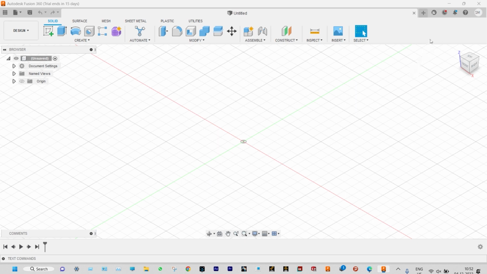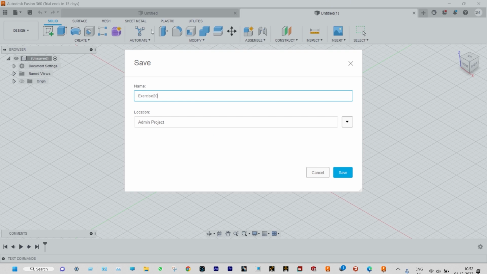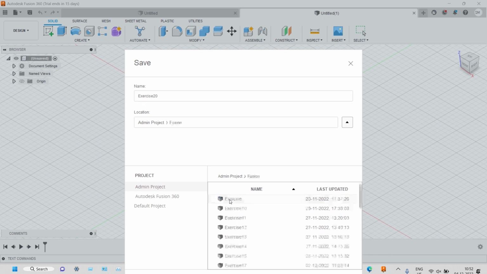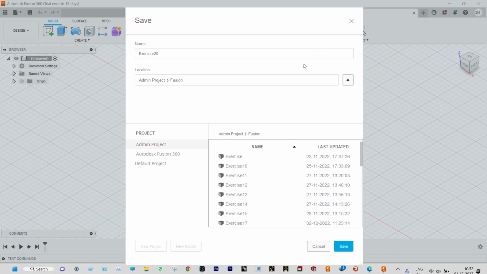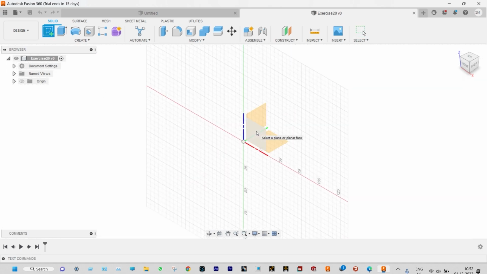First of all, we need to create a new design, and that can be saved by the name of exercise 20, and that one can be saved to a specific folder by the name of Fusion. Let us save this one. You can see exercise 20 is saved. Now we need to start from here, sketch, and as I told before, it will be started with the front view. So starting a sketch on the front plane,